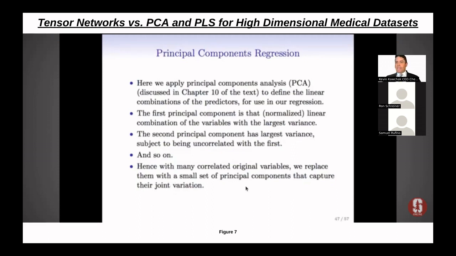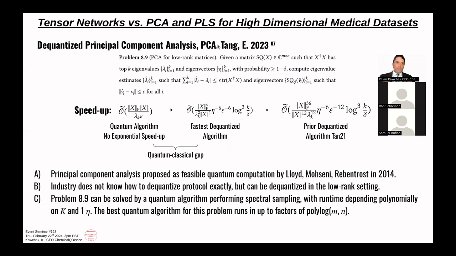So when you see the next 2D chart of your principal components, you'll know which way to move to see which has the most impact there. And there's also dequantized versions of this. So this is actually taking a quantum algorithm and turning it into the quantum-inspired dequantized algorithm for the fastest speed up compared to these. Now, most dequantized algorithms aren't quite as fast as the original quantum algorithm, but if you're talking